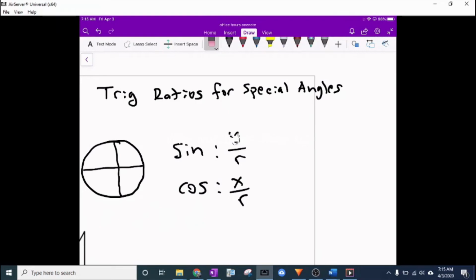Good morning. Topic for today is trig ratios for special angles. Remember that our definition for the sine ratio in terms of a circle is y over r and the cosine ratio is x over r. It'd be great if the radius turned out to be 1, then we wouldn't even have to worry about dividing by the radius. We would though, if it's a special angle, we're going to need to figure out the x-coordinate